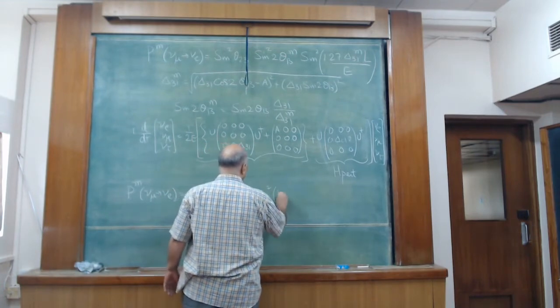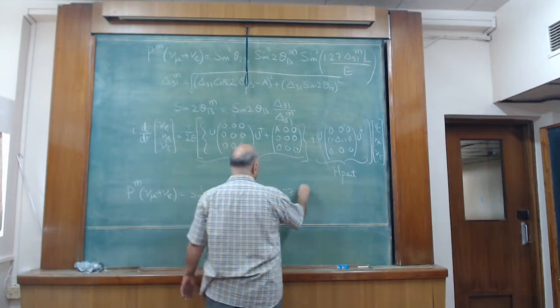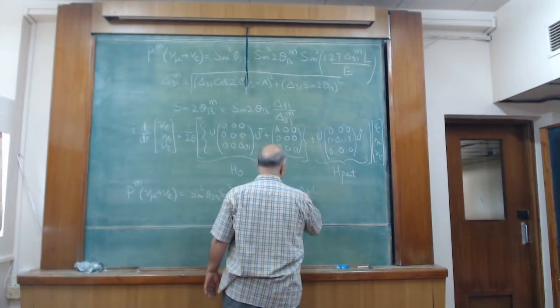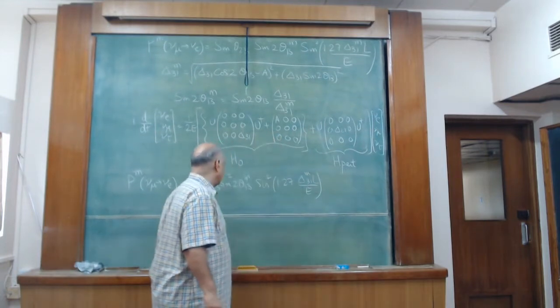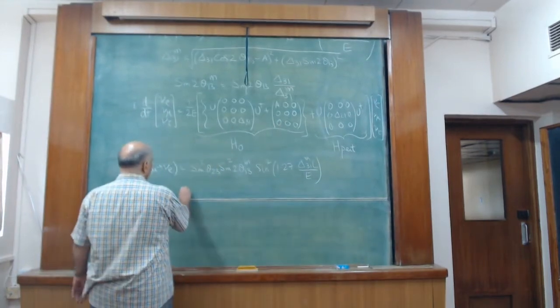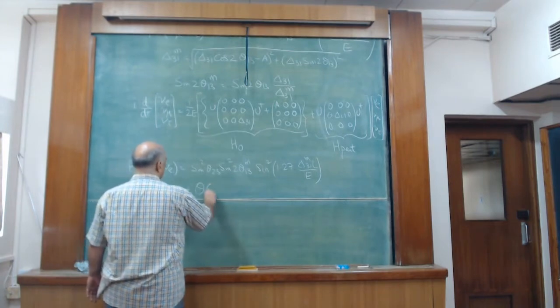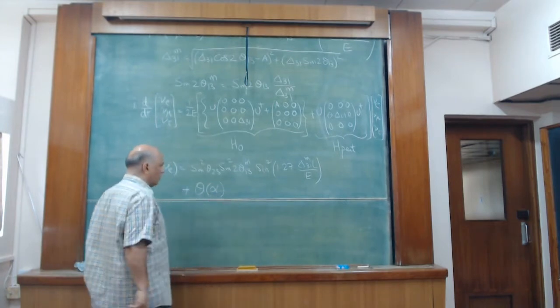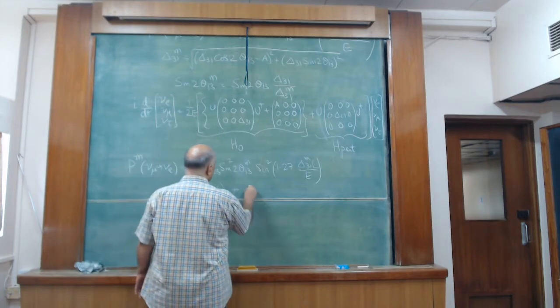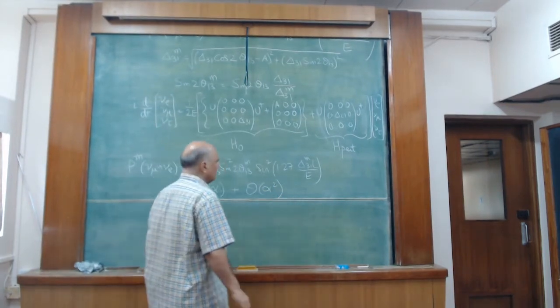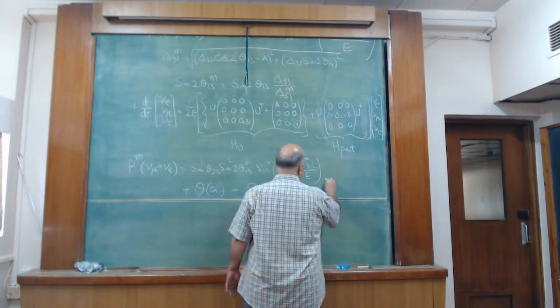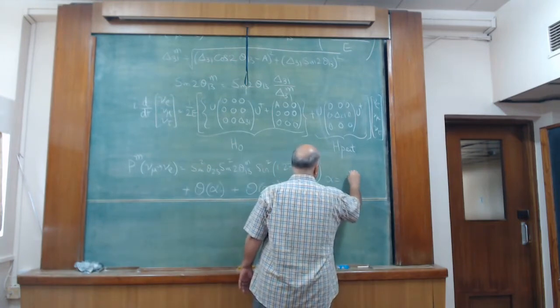Sine square 1.27 delta 31, plus order alpha correction, plus order alpha square correction, where alpha is